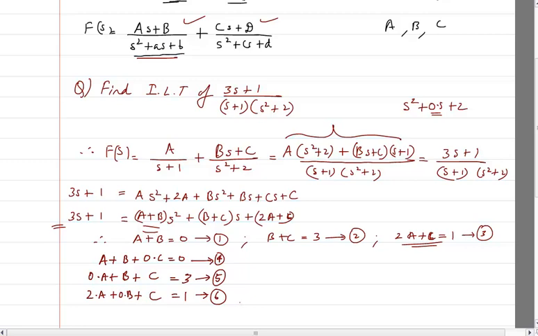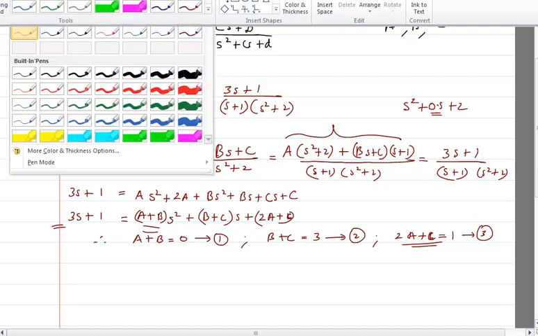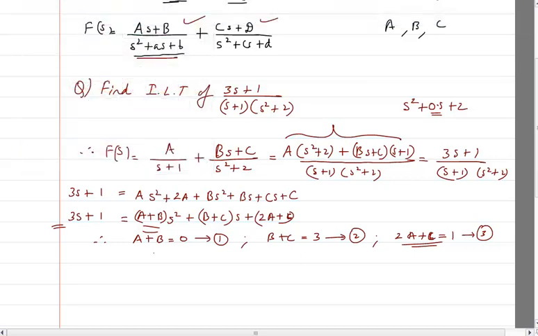I can directly use the calculator for this, or another method is, instead of using a calculator, solving this as a simultaneous equation. I suppose all of you understand how to solve the simultaneous method, as we found out for the case of mesh analysis. Similar to that we have to do it here. Or another way: a + b is equal to 0, therefore I will write a is equal to minus b from 1.